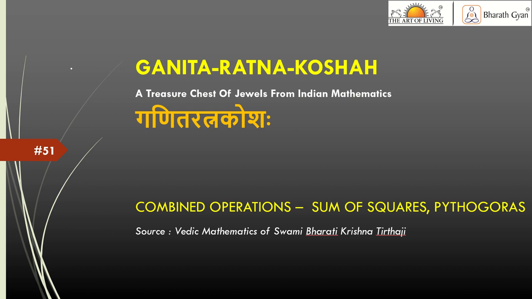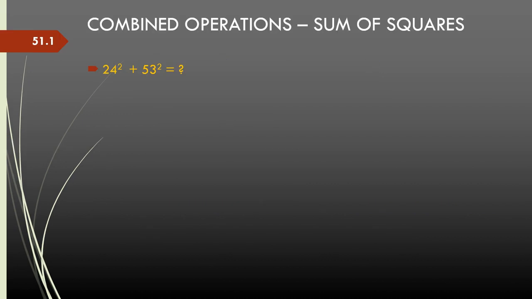In this video, we will see how we can use the combined operation technique to calculate the sum of squares and also find the third number in a Pythagoras theorem. Given two sides of the right angle triangle, how to find the third side, which is the square root of a square plus b square, or the square root of c square minus a square, etc., easily in one or two steps. The process is very similar to adding sum of products, just that we are dealing with squares here.